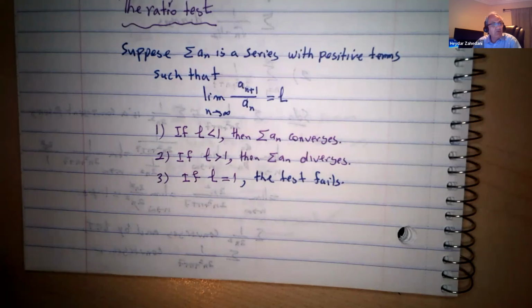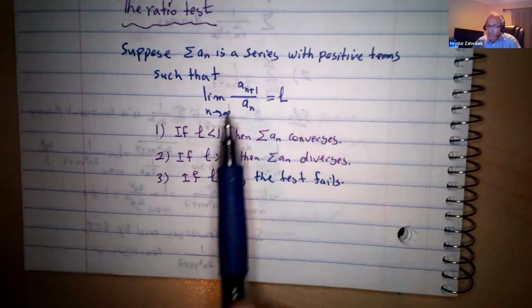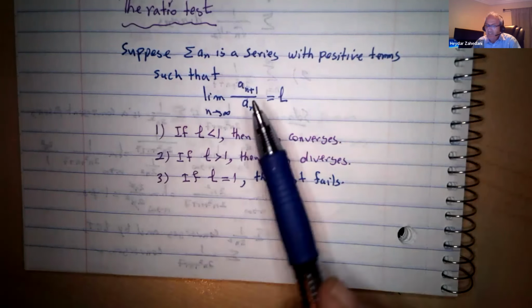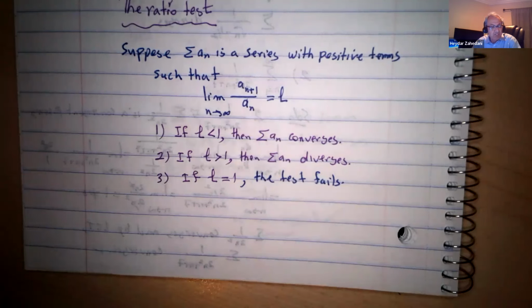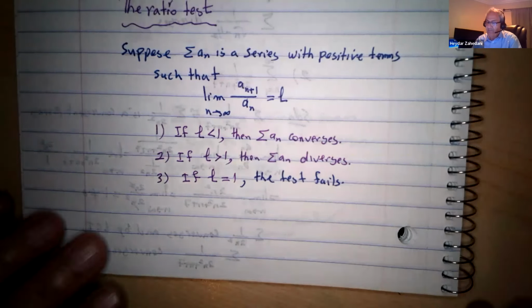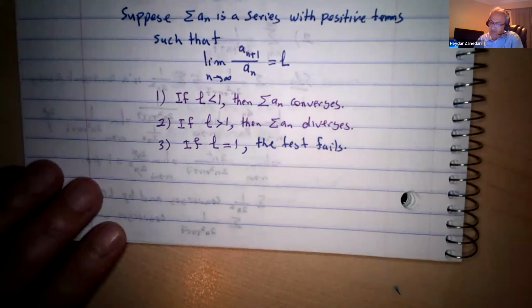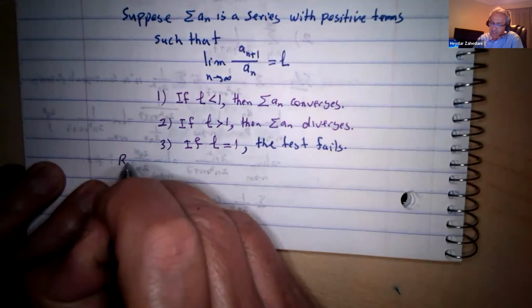Now the question is how we're going to use this one. You use this one if your series is going to contain some factorial terms, or is a kind of rational function, especially if you see any factorial. You know that 2 factorial, 3 factorial, or n factorial, let me just remind you as a remark,